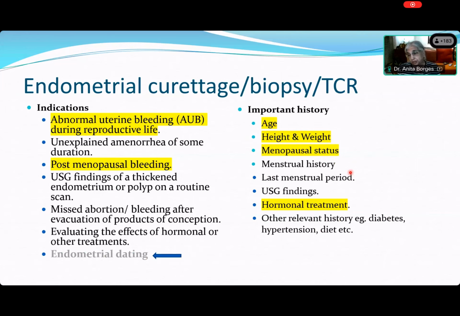Because a lot of patients nowadays suffer from what is called the metabolic syndrome, and that is one of the reasons why so many young people are getting PCOS. That is polycystic ovarian disease, PCOS or PCOD, whatever way you want to call it. This is all part of the metabolic syndrome, which includes diabetes and hypertension.